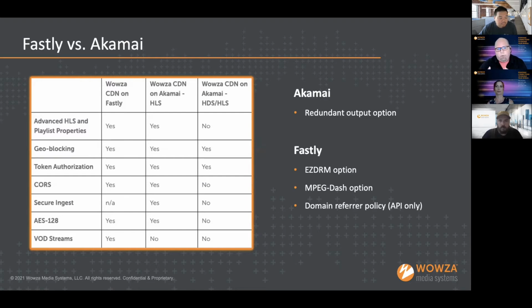Architecturally, there's a difference in how we send our data or how the data is distributed. So I think it's important to understand that we push the data, the chunks, if you will, we push that to Akamai. So we make that connection through a push. We send it over to them. With Fastly, it's different. Fastly actually pulls it from us.